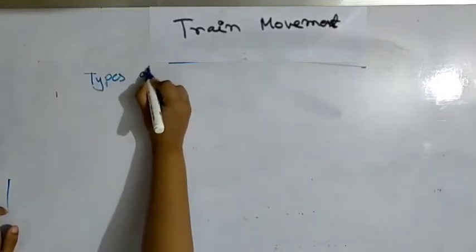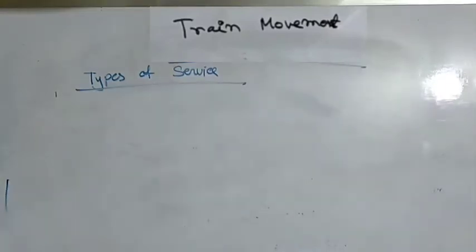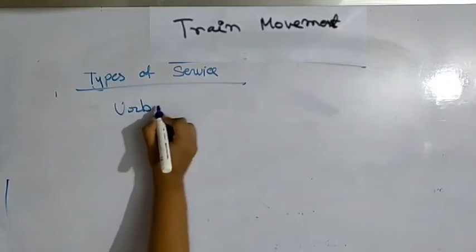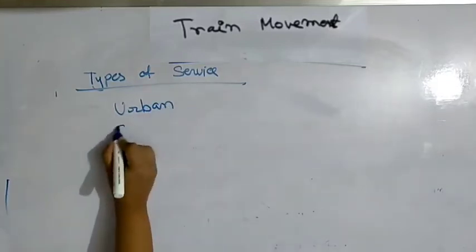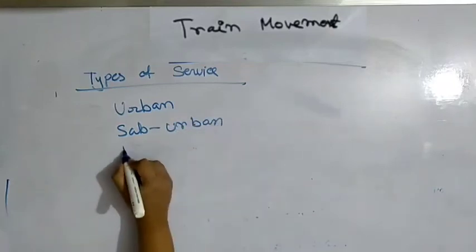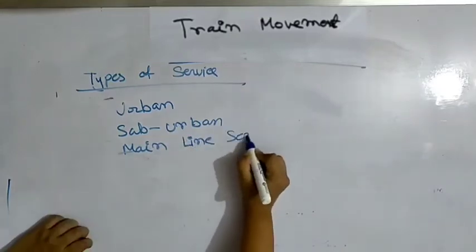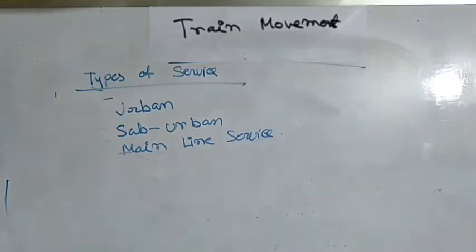Types of service. Now there are three types of passenger service which the traction system has to cater for, namely urban, suburban and mainline services. Now in urban and suburban service,